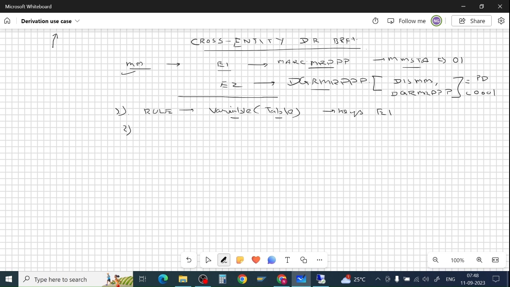Now in the second rule, so this is rule 1, and in the second rule we will do a procedure call wherein we will use the input variable. So the variable which is determined from this table will be used as an input variable, and